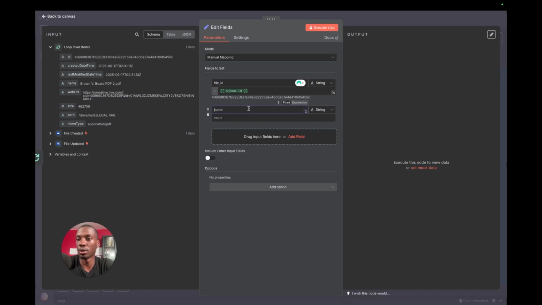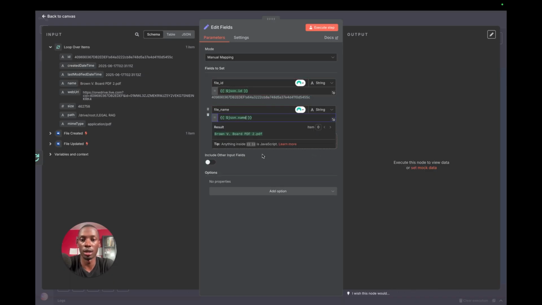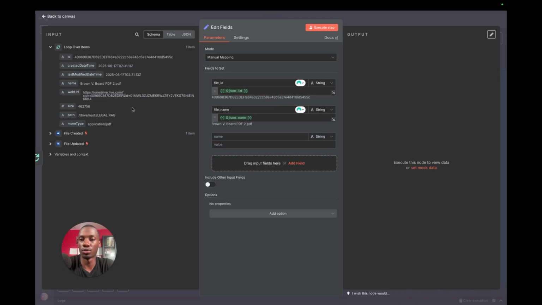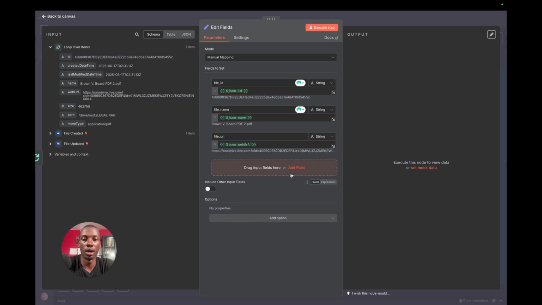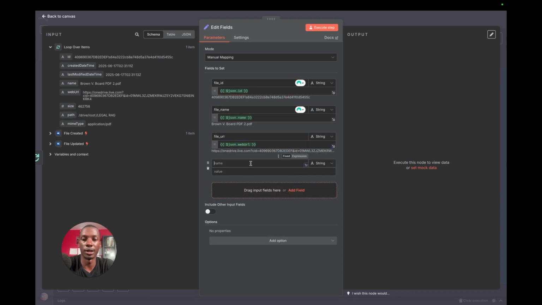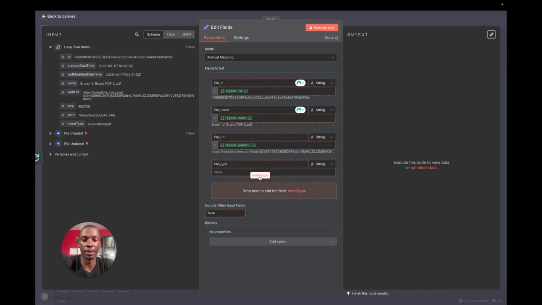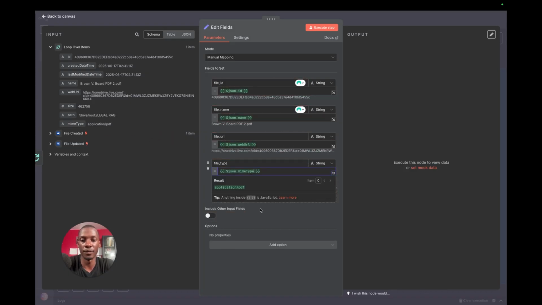And then I'll do it for the next part, which will be file name. I'll call that file_name. I'll grab the name from the earlier step, drop that in here. Then for the next one, I will choose file URL, go file_URL. I'll drag and drop that here. Then I will add the file type, file_type, and then I will drag the type of the file into this